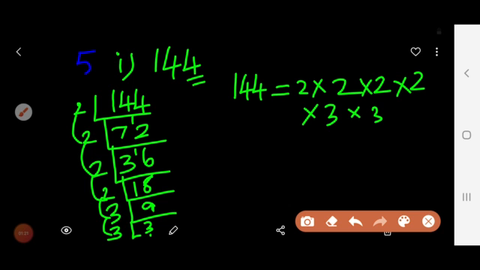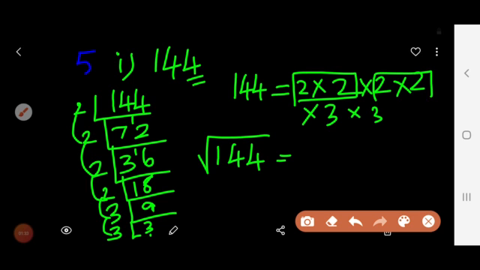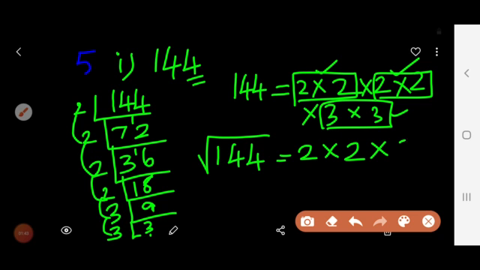If it is a square root, we must use this symbol, and we have to pair the elements. We have to group the elements, 2 at a time. Then among these two we have to write only one element. Among these two we have to write only one. Here we have to use only one.